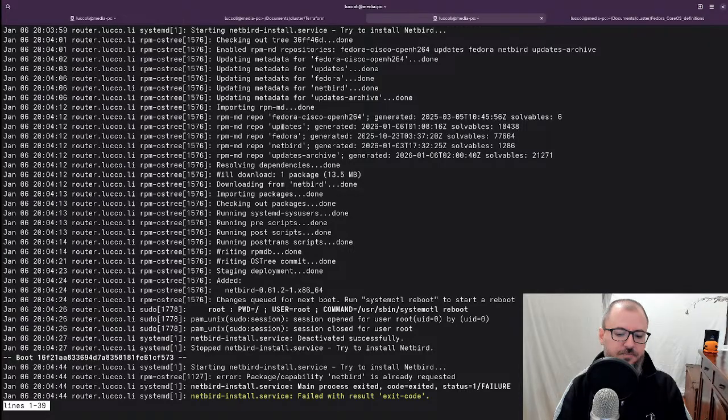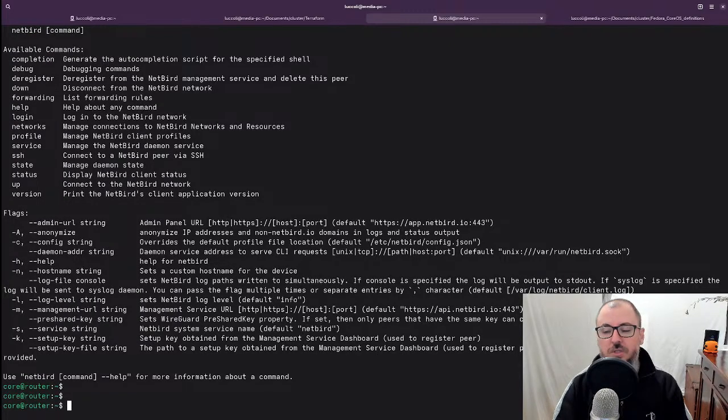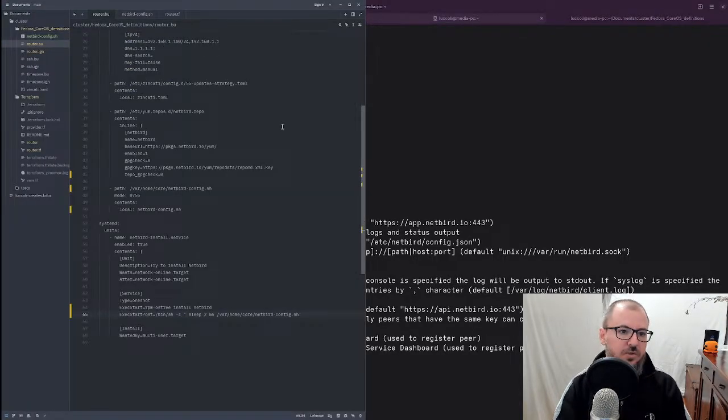Yes, but I should also have netbird down. Yes, so it's going kind of correctly, but it seems that I need to move back to the older version, kind of. So I need to put this command inside this script